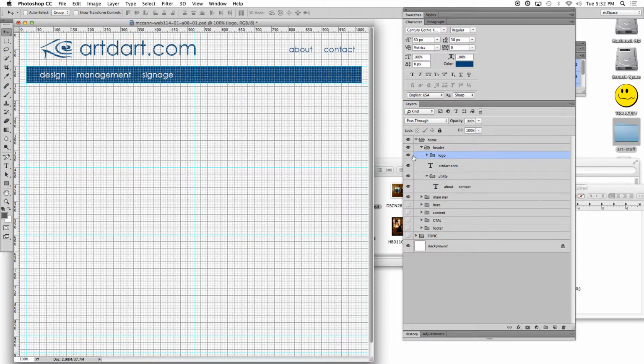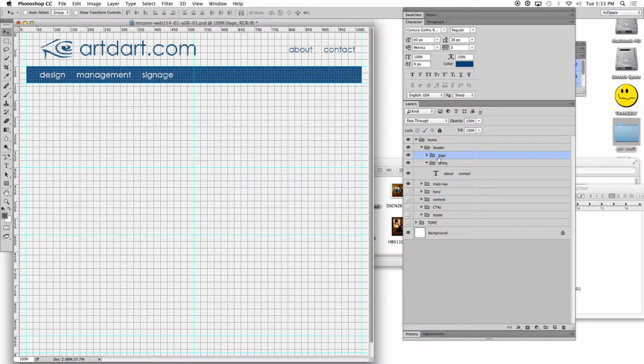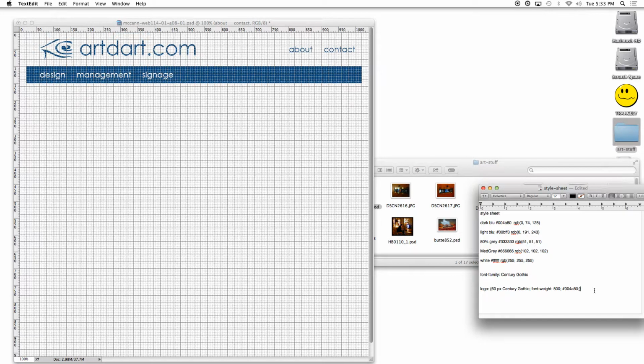Okay, so I got my logo taken care of, so I'll just turn that and make sure that my text and my logo are together in the same folder so that they act independently. And then I've got my utility menu over here, which I actually like the size of, and I like the color, and I like the position. So I'm going to leave that, but again, it's 24 pixels, so I'll copy that, and I'll go down here,